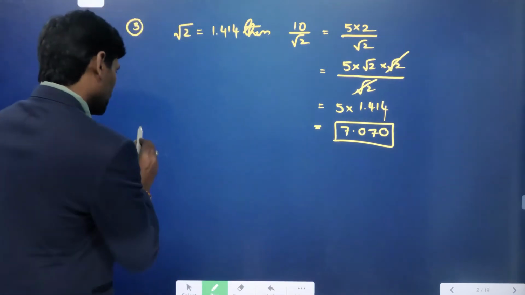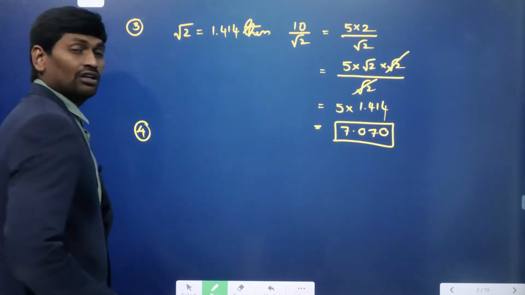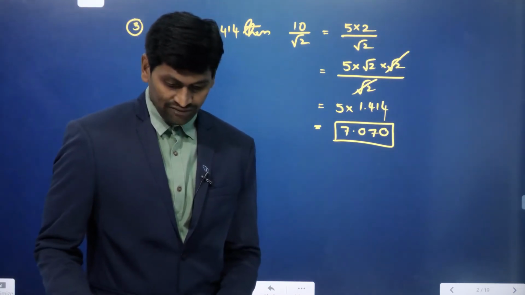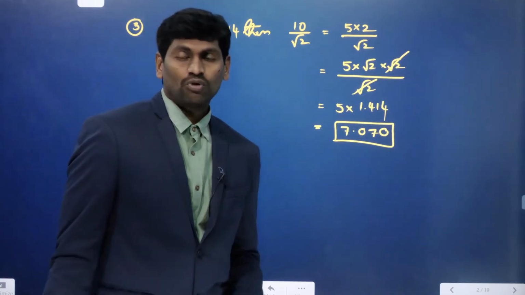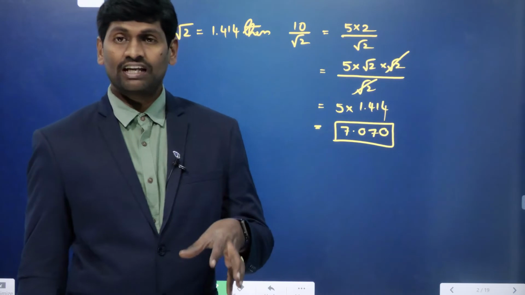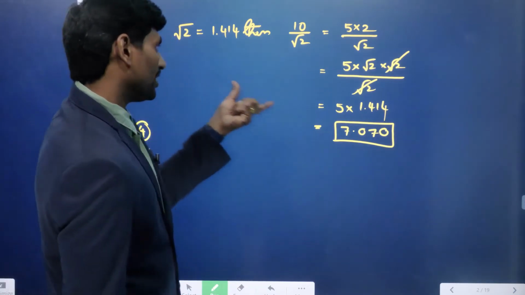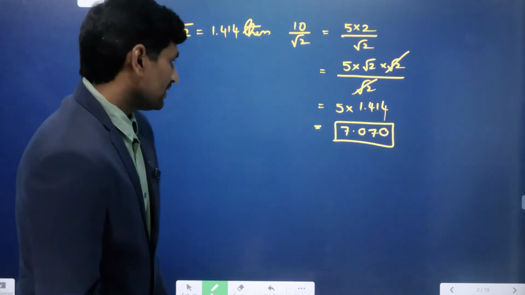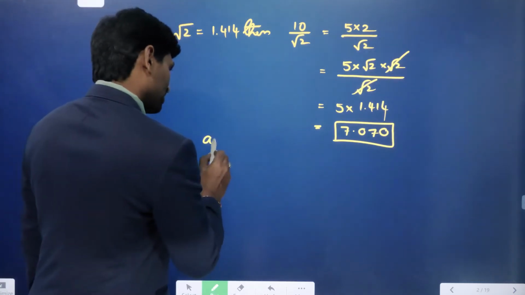So let us go to question number 4. What is the question number 4 given here? The rationalizing factor of a surd. What is the rationalizing factor of a surd? The rationalizing factor of a surd can be unique if it is in the form of a plus root b, or 2 root 3, like for example here a plus root b,